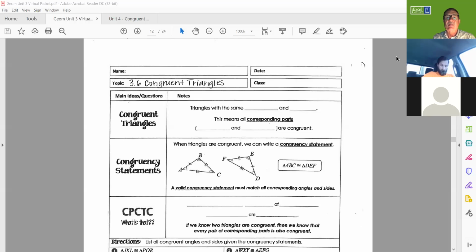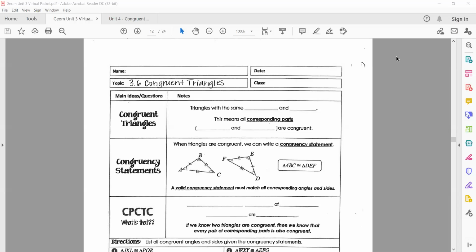Okay, here we go. April 29th, end of week 4, geometry. Working on triangle congruency. Tuesday, we finished up with this part of your handout with that acronym